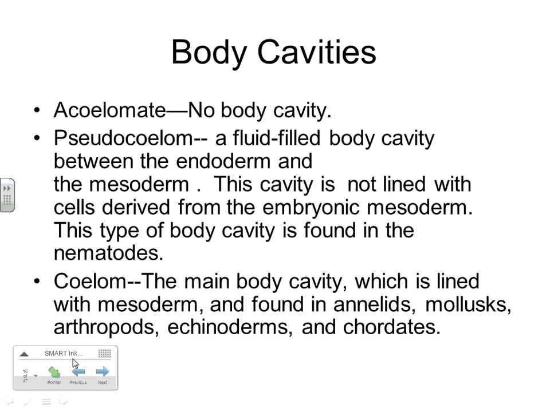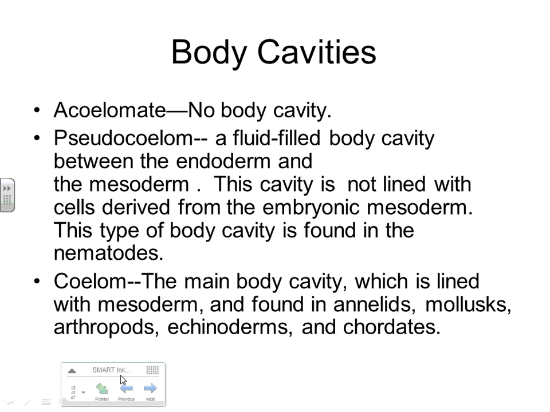Here we get a little bit more into this coelom stuff. There are some animals that are said to be acoelomate. That means, literally, they have no body cavity. And the only way they can get by without having a body cavity is if they have no what? No organs. So these would be things like sponges,